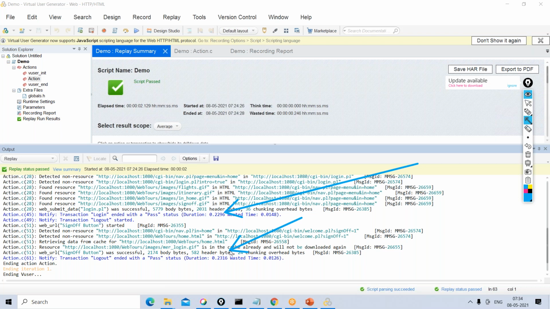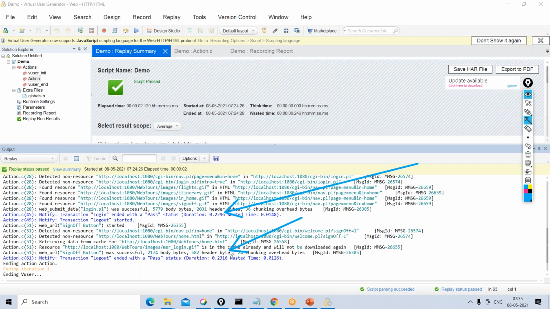So anything above 2 seconds can be considered as an issue or a bottleneck. But in very rare cases, or in very few projects, this particular value can be 5 seconds as well. Some of the clients or projects may say, okay, I'm fine if the page is loading in 5 seconds. But in general, it is 2 seconds.